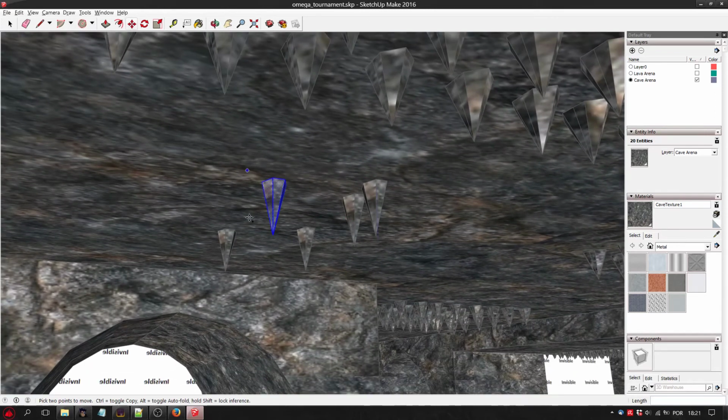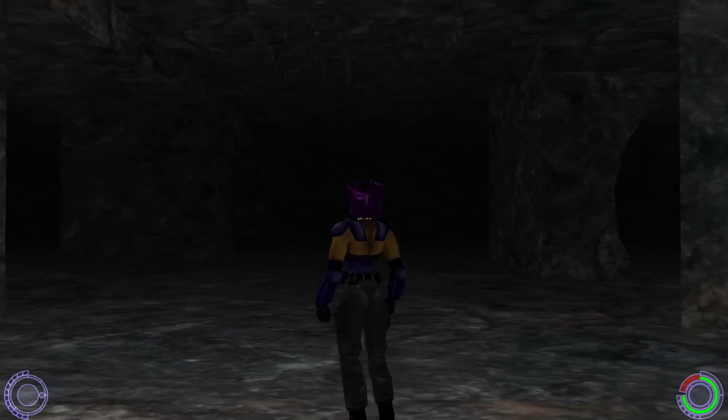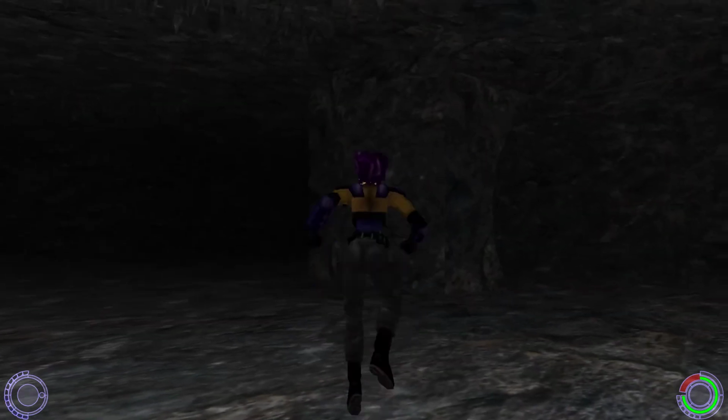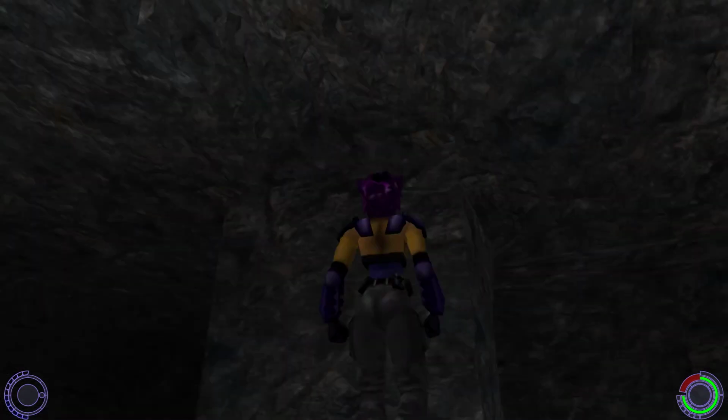Okay, so I'm going to delete these ones because I already have these ones that I made before. And let me show you in the game how it looks. Meanwhile, I have already increased the fog of view, so the arena looks more like a cave, and it looks much darker.